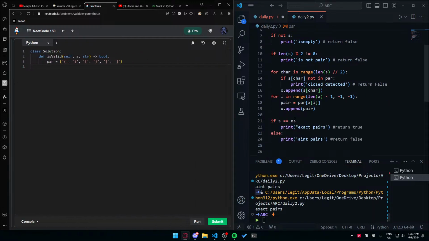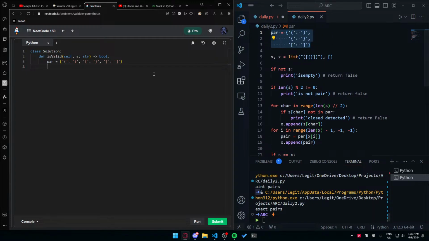What I do need is this. So we have the S, X is equal to the list value of S. And over here we have the empty string. If not S, so if it is empty,